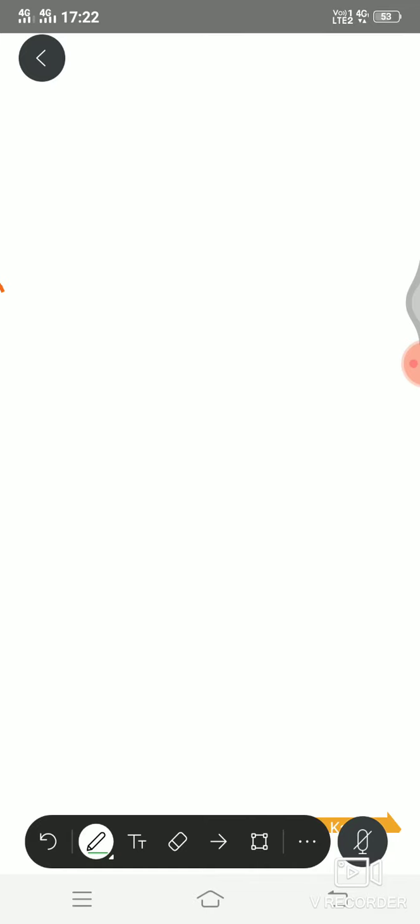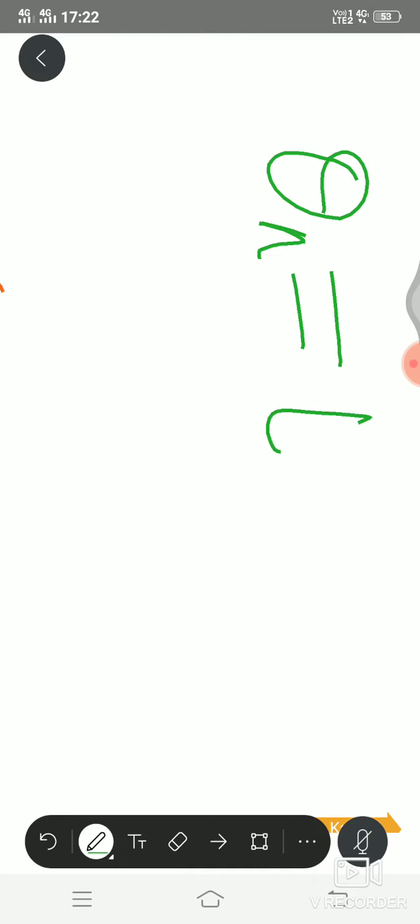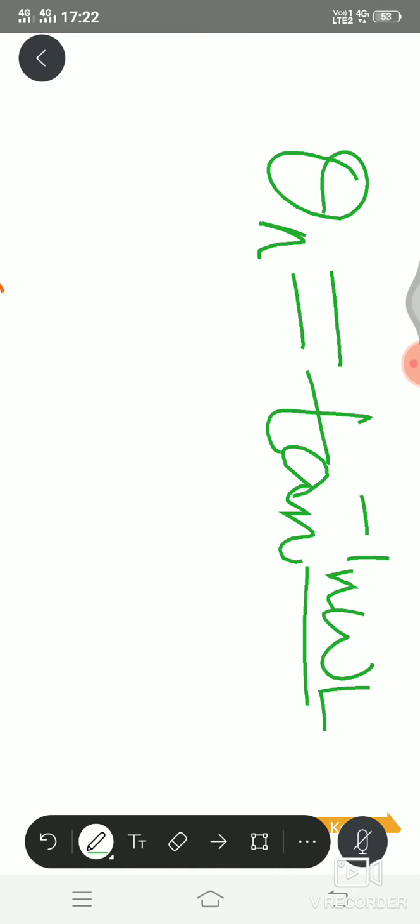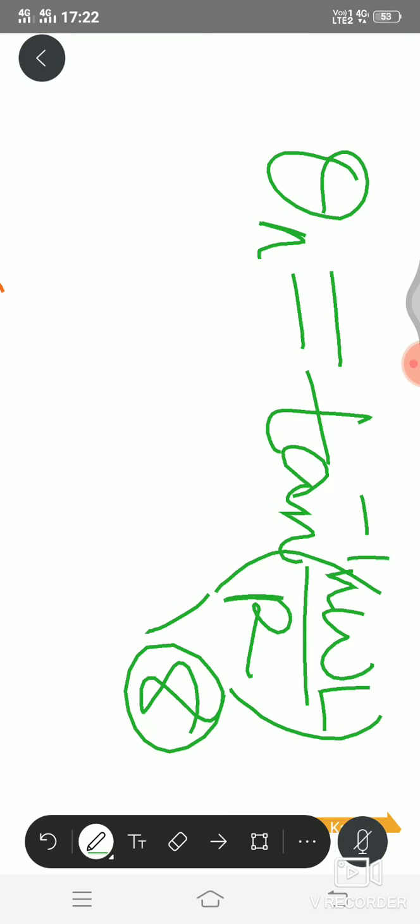So what is theta n? Theta n is equal to the phase angle difference. Theta n is basically tan inverse of omega L by R for the RL load. N is associated whenever you are dealing with frequency. Omega is 2 pi f, so that is why we have to write n. So n omega L by R, equation number 8.